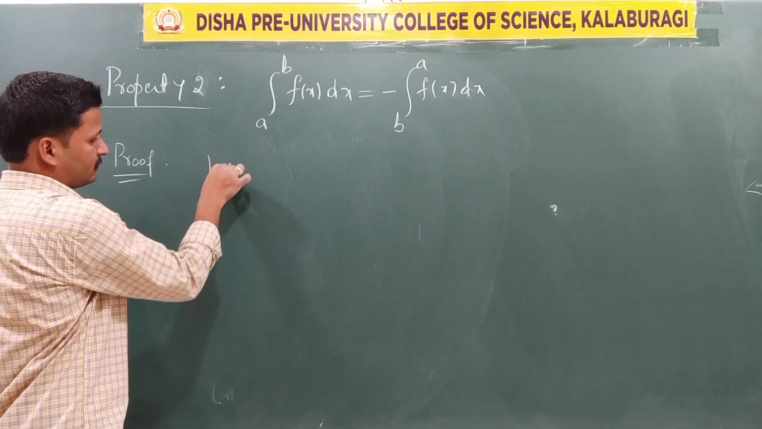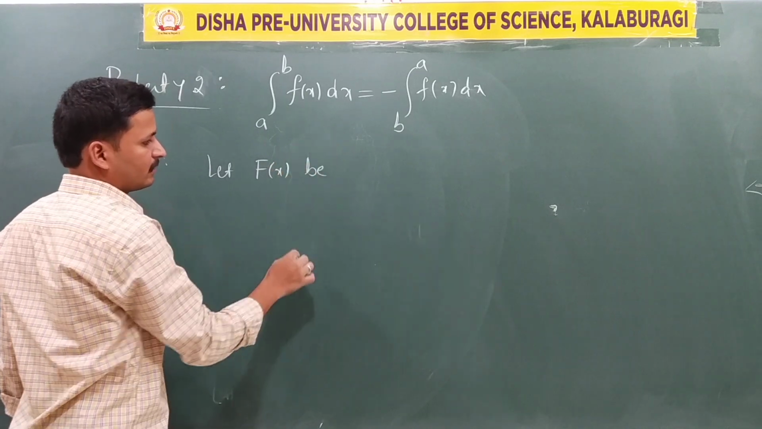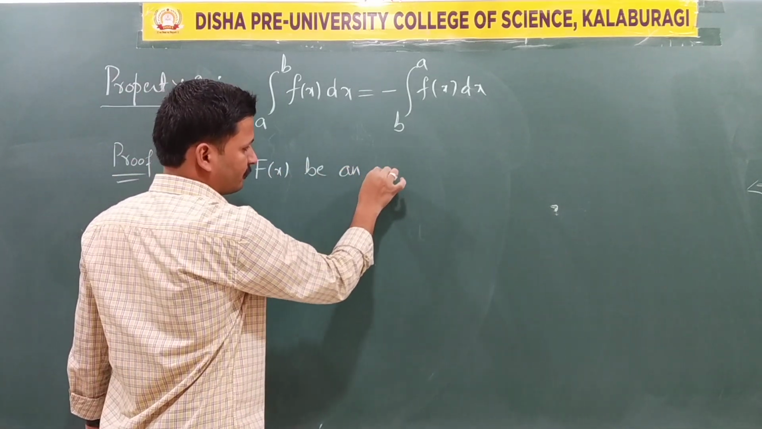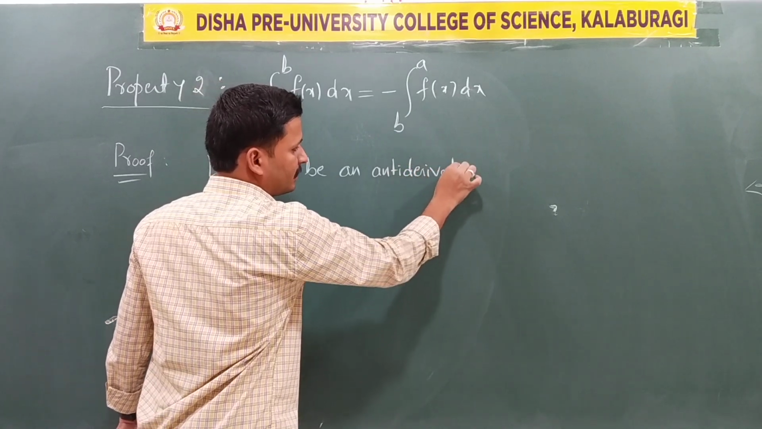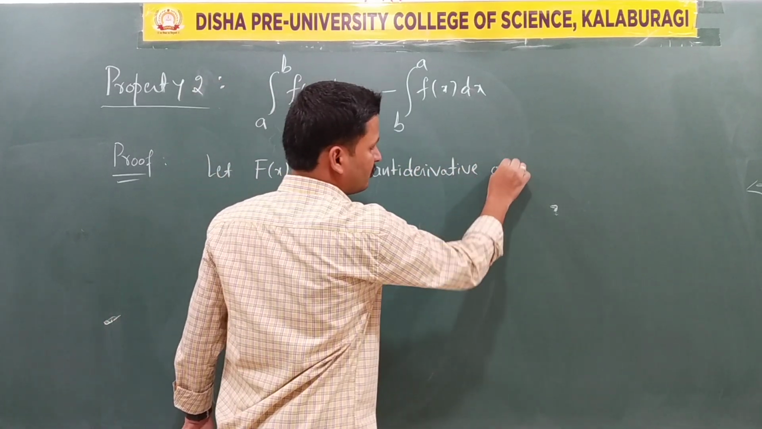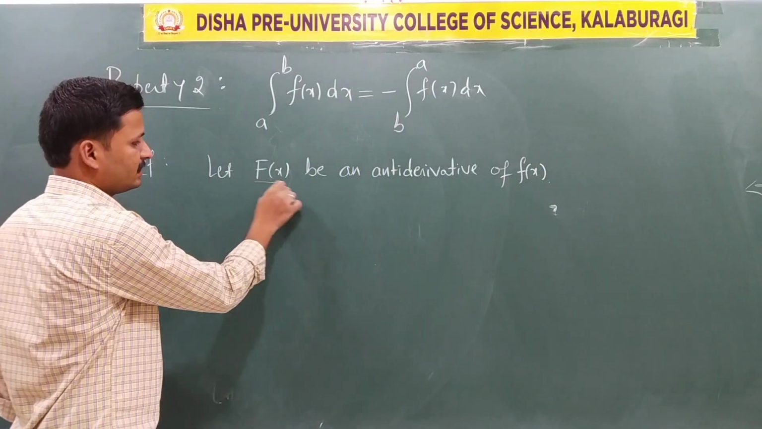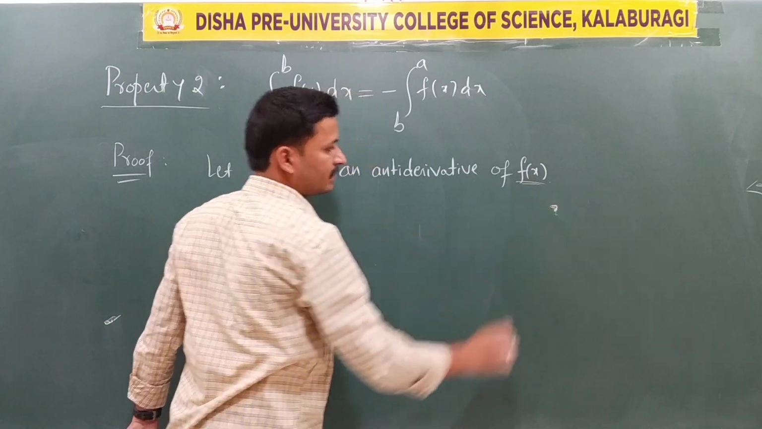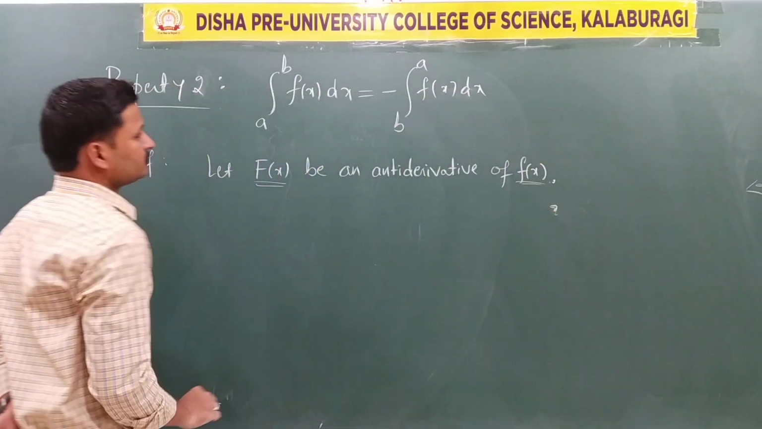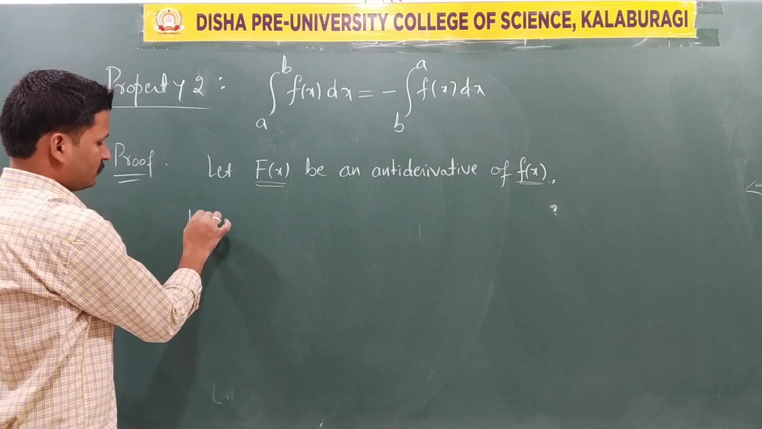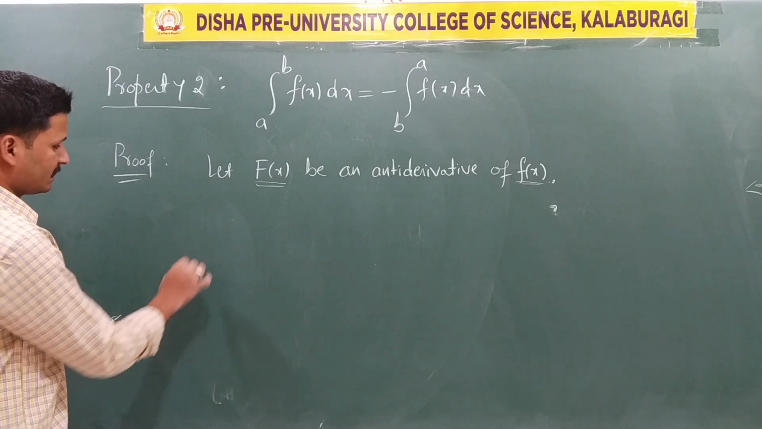Let capital F of x be an antiderivative of f of x. Here capital F of x is an antiderivative of the integrand f of x. Now, take the LHS, the integration from a to b